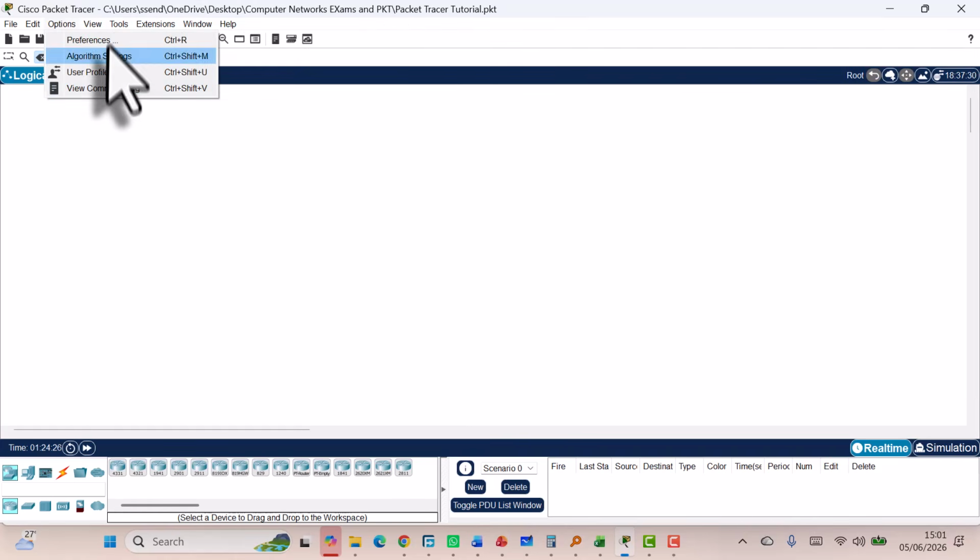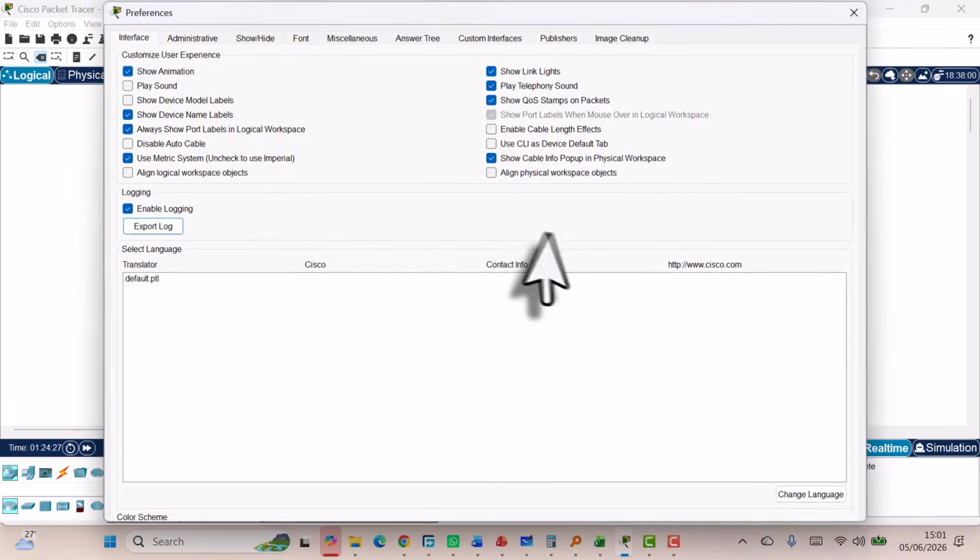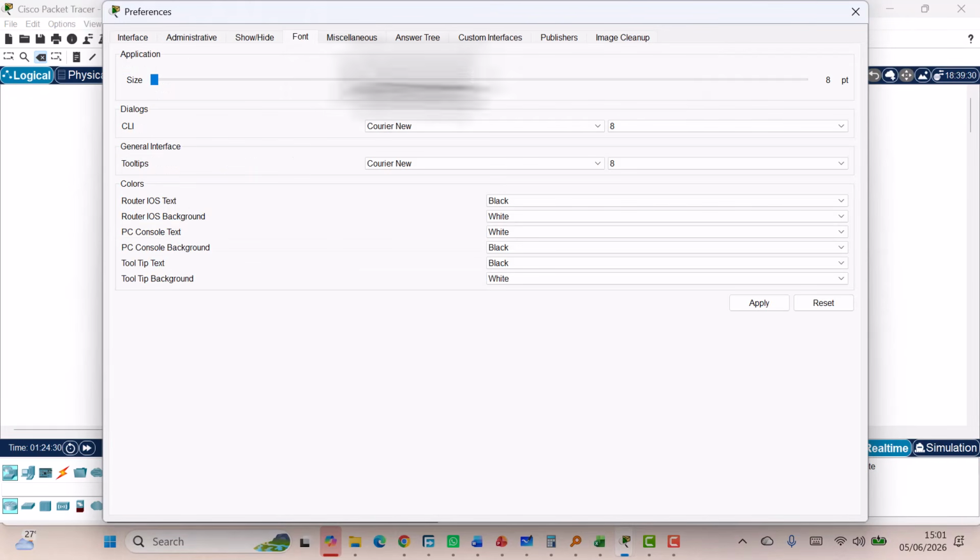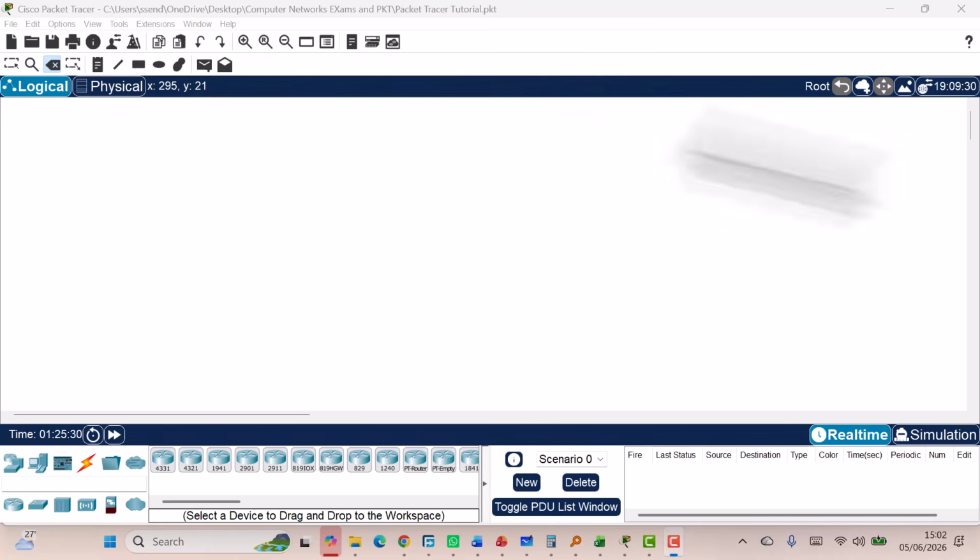All right, let me try and see if I can make my interface a bit bigger. Okay, so this is how the interface looks, and in this tutorial we are of course going to understand what is Packet Tracer, why do we need to use it, how to navigate Packet Tracer different interfaces, how to add different devices like routers, switches, and end devices, how to identify the correct cable types depending on the type of connection